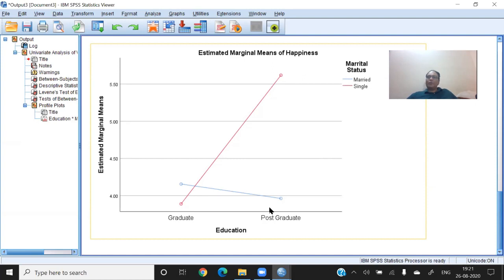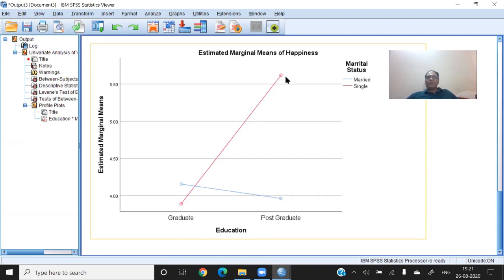Similarly, for married, obviously, if the education is low, they are not very happy. If education is high, then they are happy. So married postgraduates are happier than married graduates. Similarly, we can say that the single graduates are happier as compared to the single postgraduates.